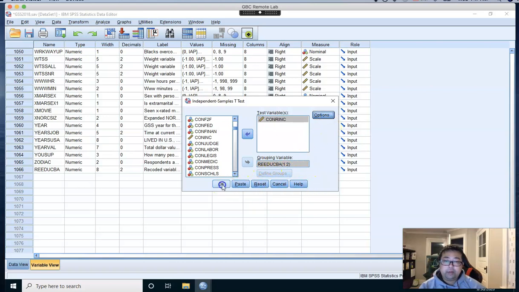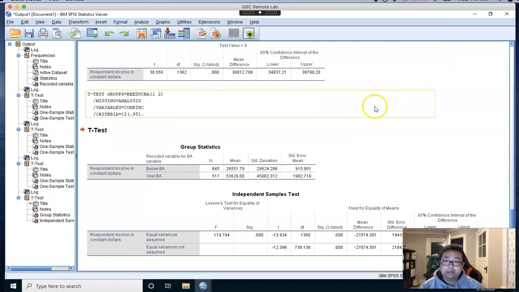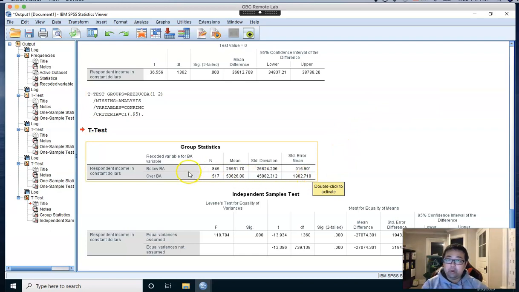Okay, and then we can click OK, enlarging this window. In this example, we can see the mean income level for below BA and over BA. Below BA, you can see $26,000 on average, and over BA, you can see $53,000 on average. Even though the standard deviation is bigger for the over BA degree level, meaning there is more diversity or variability in the over BA group,